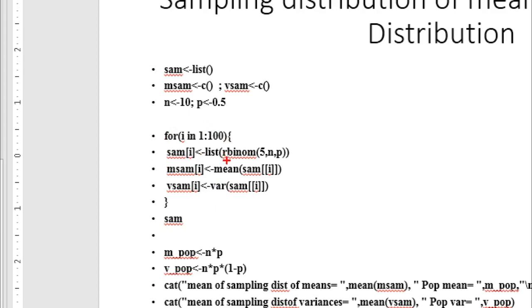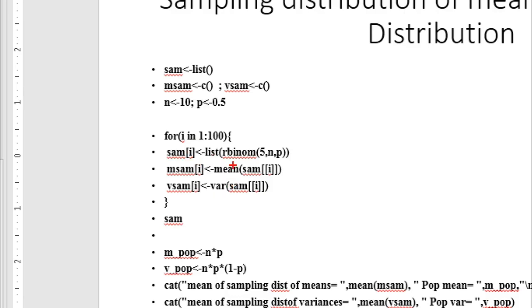Here is a statement rbinom for taking a random sample from the binomial distribution of size 5 with these parameters n and p, which have already been defined up here. This sample will be converted into a list element and assigned to the list SAM as the ith element.